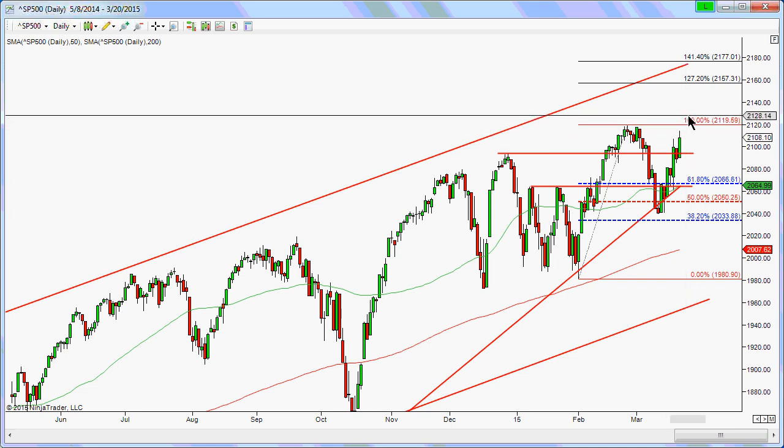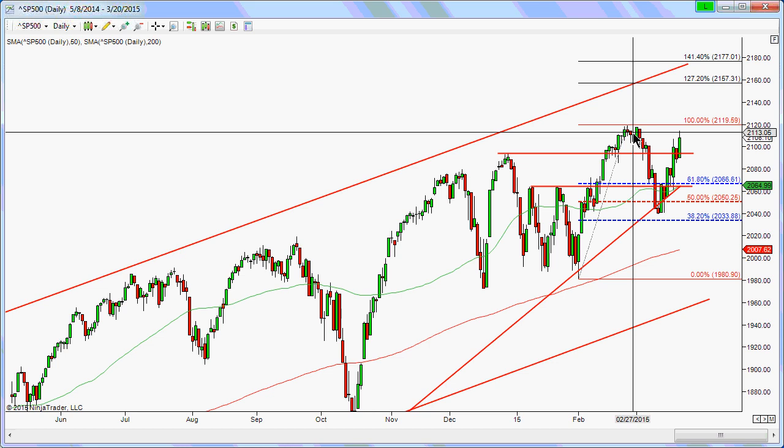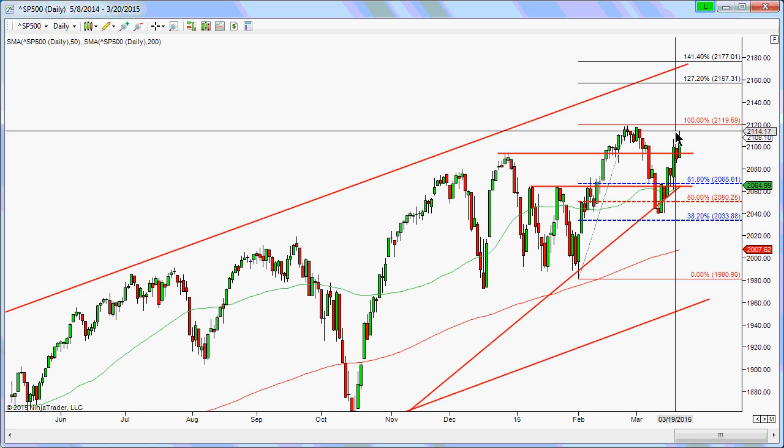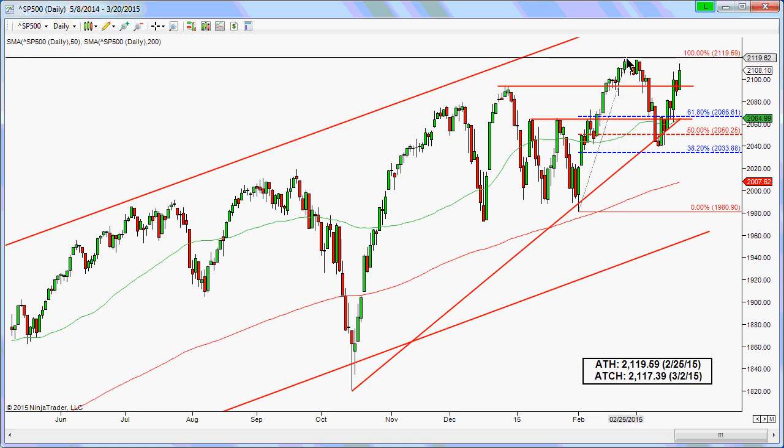Now, that might be a little bit of a stretch, but basically when it's in all-time high, new high territory, the only way one could project some sort of price target is either using trend lines or Fibonacci retracement. Those are the two that I use. So we can also look at a slightly closer trend line here, and that still puts it up at this 2150 area. Those are just possibilities, and you just have to keep monitoring it. But at least right now, in the near term, we're looking at it coming back up to retest these,